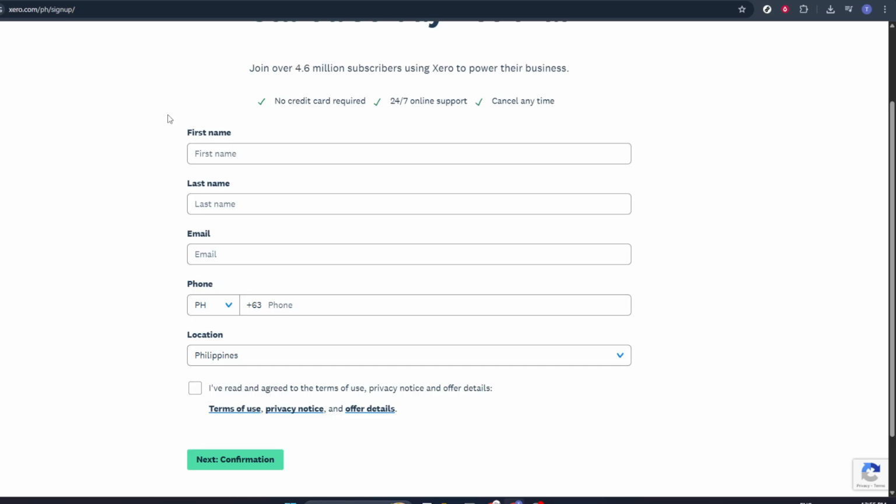From here, simply follow the on-screen prompts from Xero. These may include verifying your email, answering a few questions about your business, and setting up some basic preferences for your account. Just go step by step, reading each screen carefully. If you're unsure about any question, you can usually skip optional fields and come back to them later from your Xero settings. When you've completed these prompts, your Xero account will be